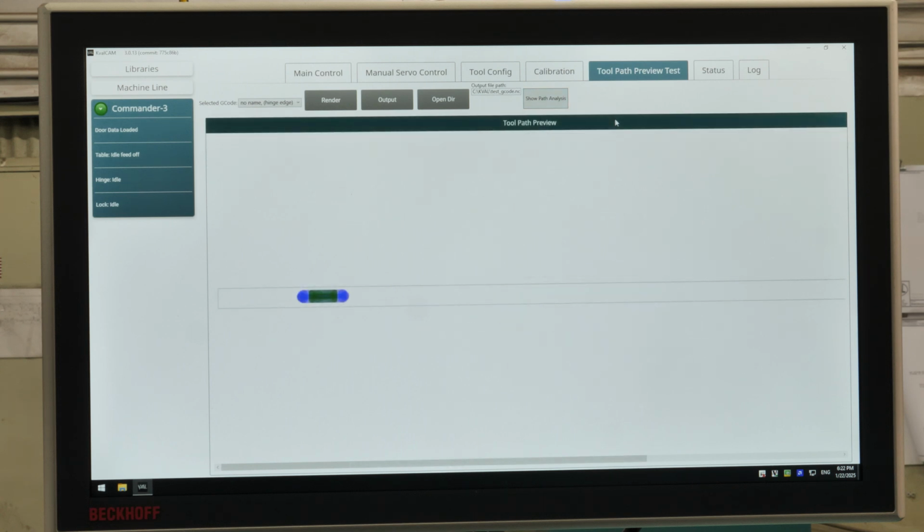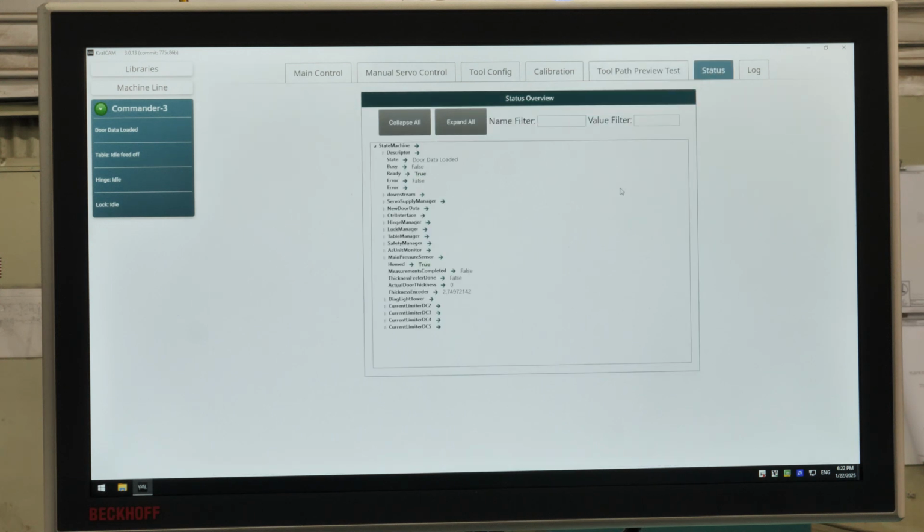Now that we've gone over our tool path preview tab, we'll go over to our status tab. Here is the status of the machine and everything that it's reading. Here we have the state that it's in now. As you can see, we have a door job downloaded, whether it's busy or not, ready or not, whether it's errored out. If we go down, we can see all that for the downstream of information, the servo supply information,